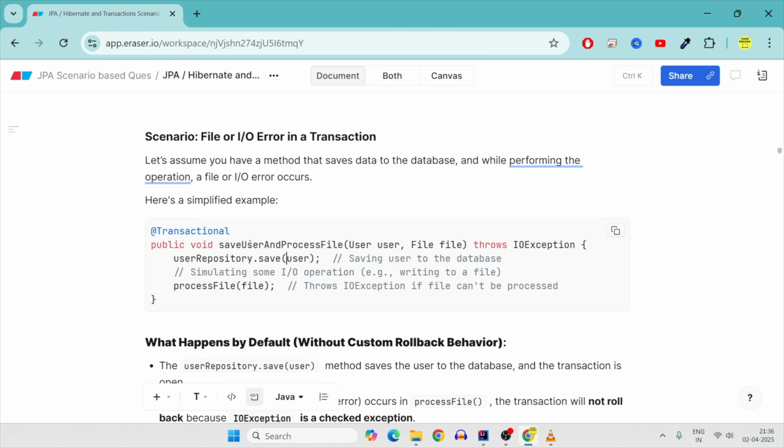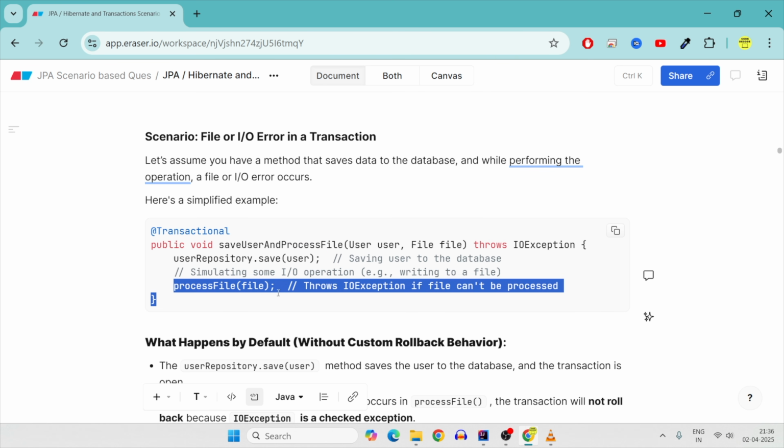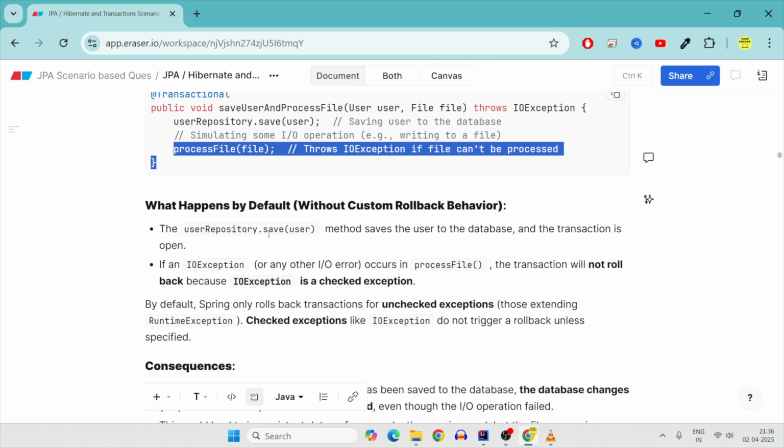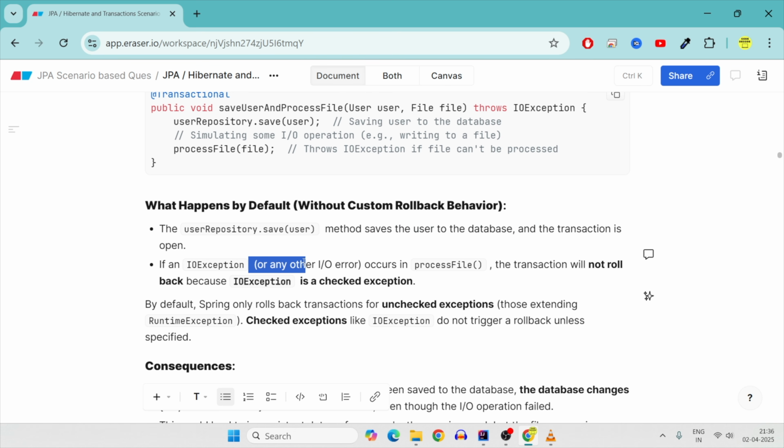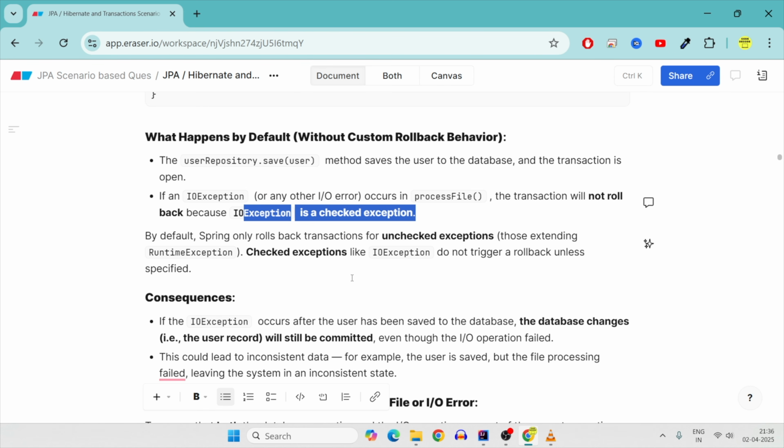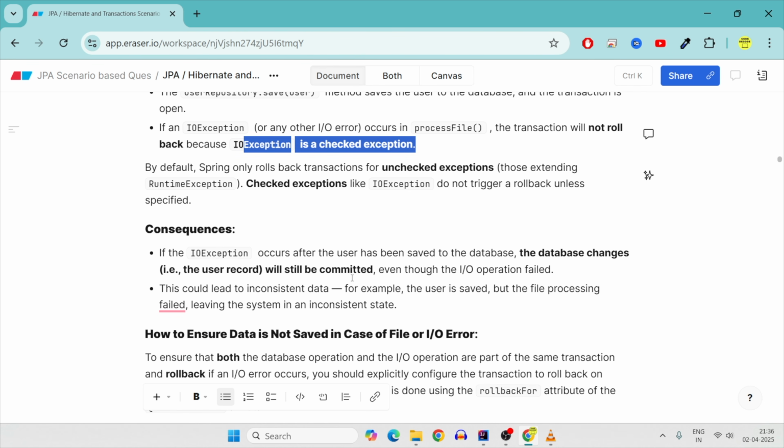So the user service that saves and processes the file will not work as expected because it is throwing an IOException. Suppose this processFile throws an IOException. What happens? The saveUser method saves the user to the database and the transaction is still open. If an IOException occurs, the transaction will not roll back because again IO is a checked exception. So by default, since Spring rolls back on unchecked exceptions only, and since it was a checked exception, it does not trigger a rollback.